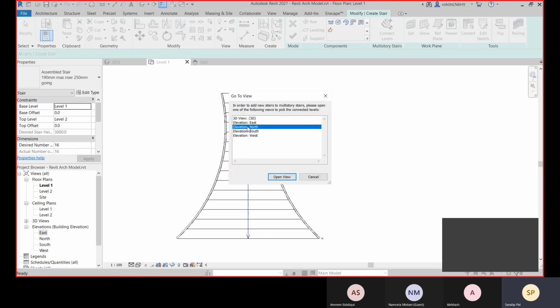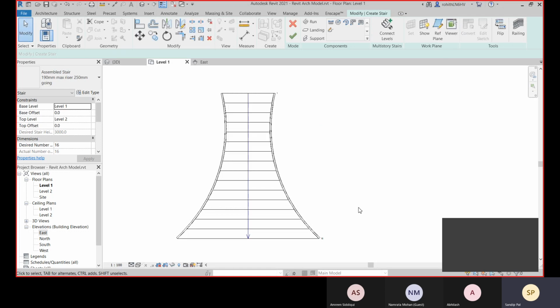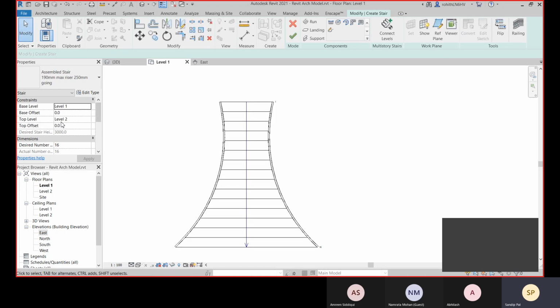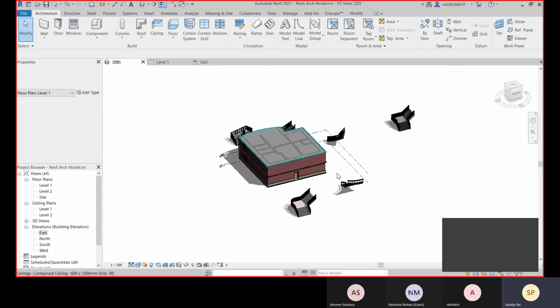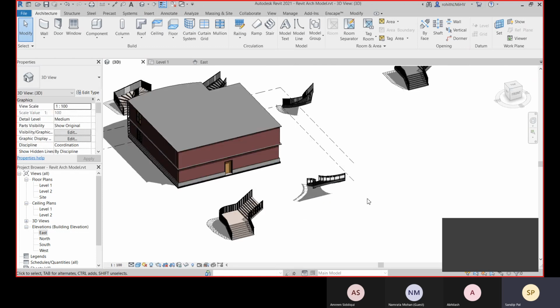You have to go with this elevation, and then you can define. Here we don't have that many levels, so we can create a level and define. Now let's go to finish edit mode and check in 3D, so that you can see.